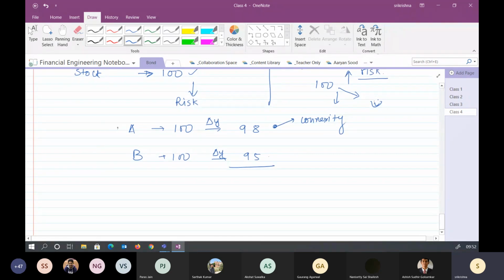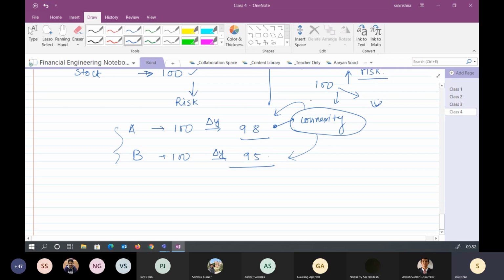If I talk about A and B, with the same amount of change in the interest rate, one price becomes 98 and one becomes 95, we will try to understand using convexity whose convexity is more or less,